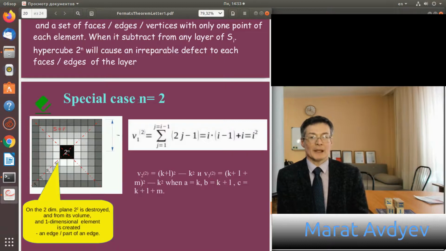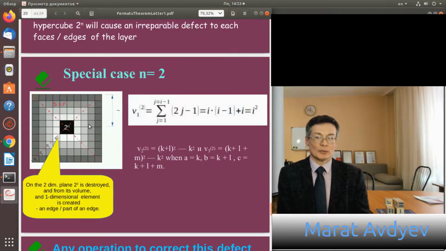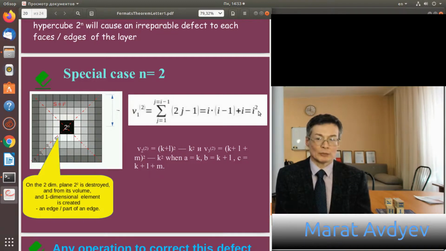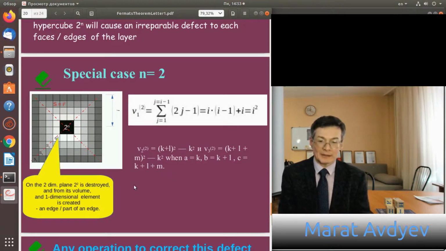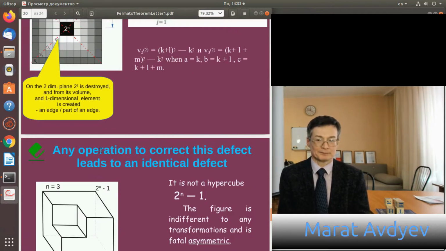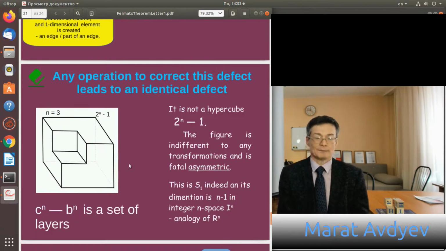Special case, n equals 2. This is the square. In this case, this formula transforms to e power 2. And one can find a Pythagorean triple. This is a special case. But for any other n greater than 2,